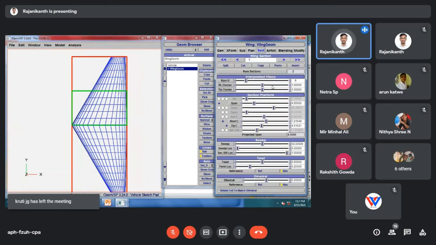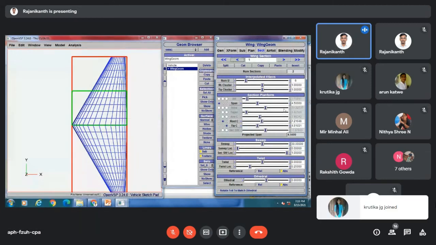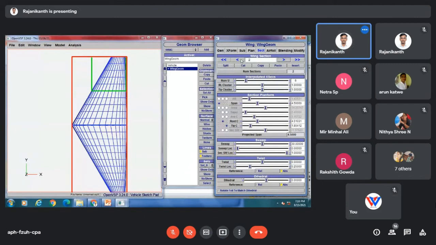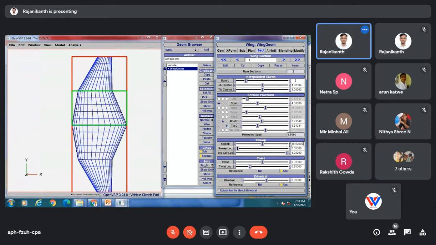So here we have two sections. For these two sections, section 1 and section 2, we have the same sweep angle. For the first section the sweep angle is 30, and for the second section also the sweep angle is 30. So here we will decrease the sweep angle from 30 to 10 degrees, and in the second section we will increase it.